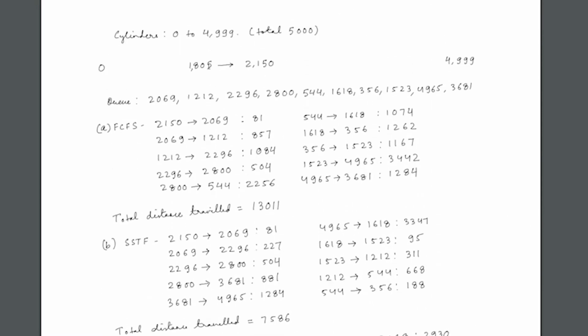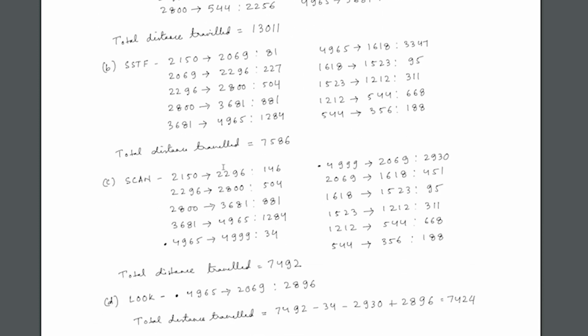This bit of information over here, that the disk heads had just finished with 1805, and now they were moving towards 2150, and servicing a request at that point, tells us the direction in which the disk heads were moving. They were moving from, in this case, left to right. So we have 0 over here, 4999 over here, and we have 1805 which just got serviced, and the disk heads are currently at 2150. So the heads are moving from left to right.